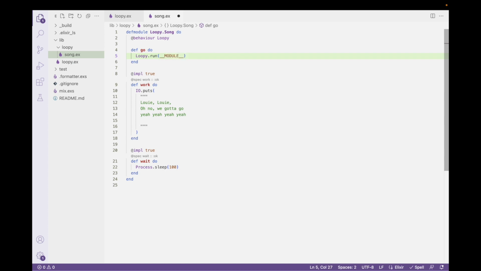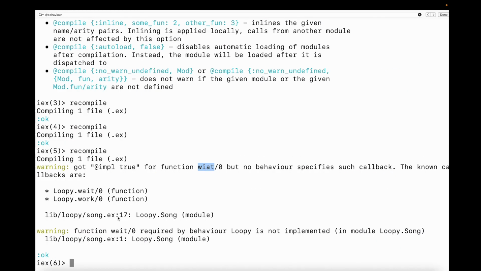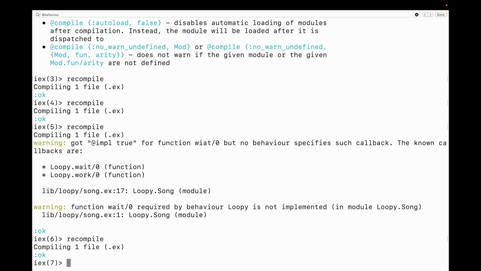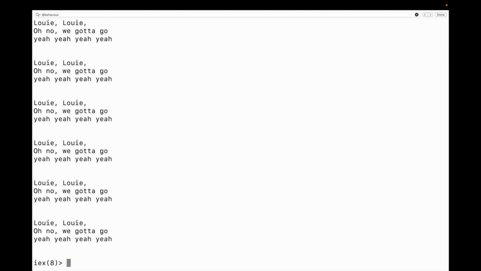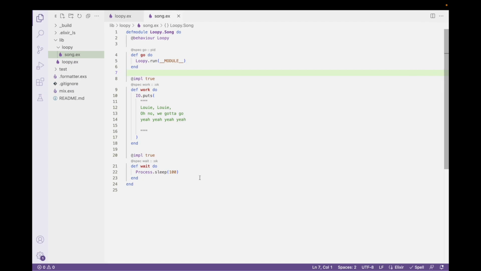Like that, right? So now I can go and I can build, I can call loopy.song.go. So now the end user, that's me, I don't have to know about the underlying loopy anymore. And that's going to go ahead and work. And I can actually build another implementation of the behavior. So let's do something like, say, I don't know, how about back seat,